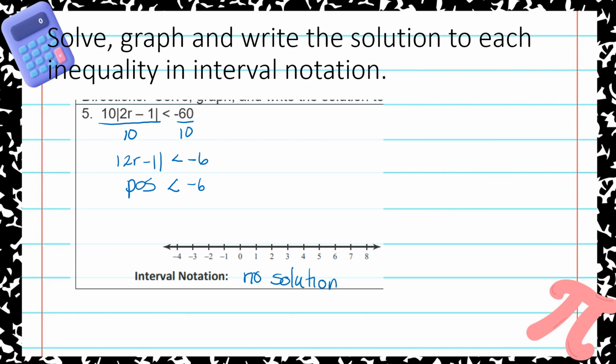Sometimes you will see that written like a 0 with a line through it. That means an empty set, or open braces like that, and that means empty set as well. If you're not sure of the symbols, it's just easier to write no solution. But remember, a positive number will never be less than a negative number, so there is no solution to this. Keeping that in mind,